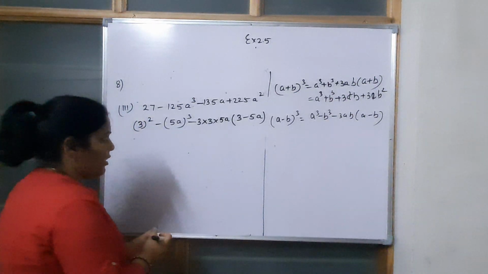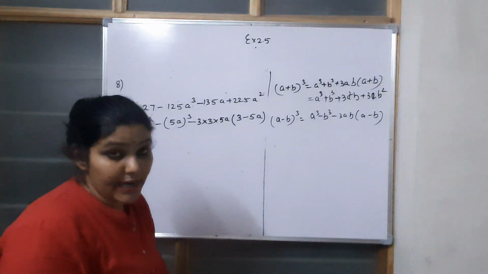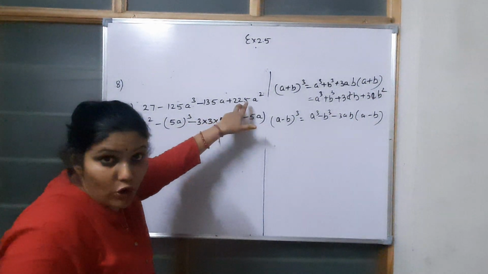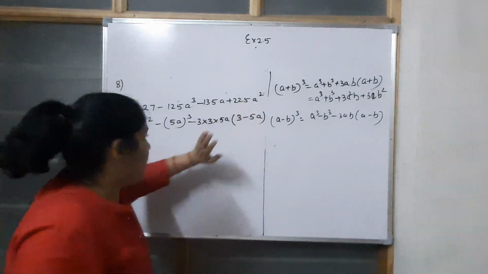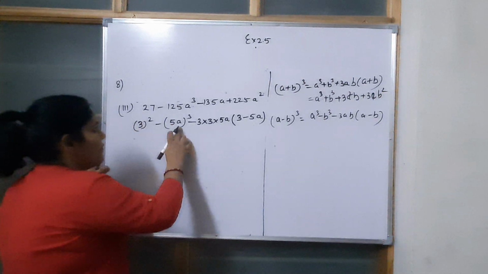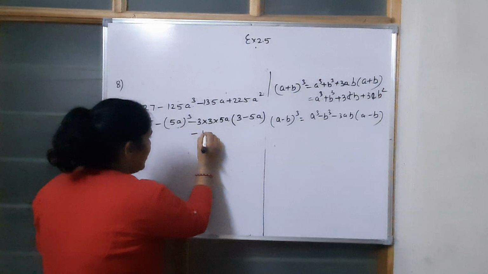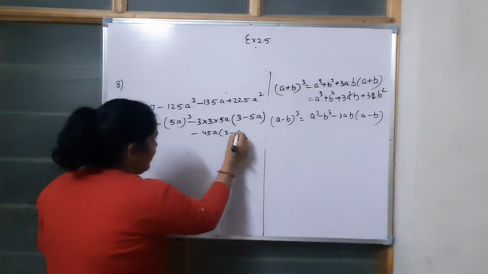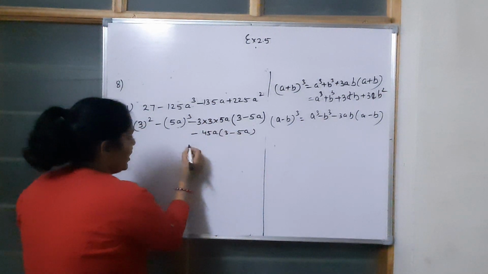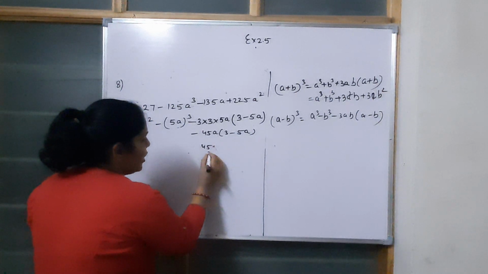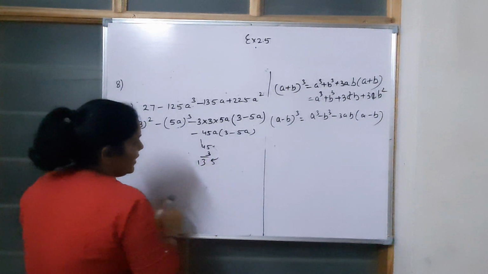Now let's just check whether we can apply this identity. When we are solving this, are we getting the same polynomial? We have to check that, okay? So 3 cube is 27, 5A cubed is 125A cube. Here I am just solving, okay? 3 3s are 9, 9 5s are 45. 45A, 3 minus 5A. So I am just solving this term, okay? 45A multiplied with 3. So just look here, how would we do that? This is going to be 135A.